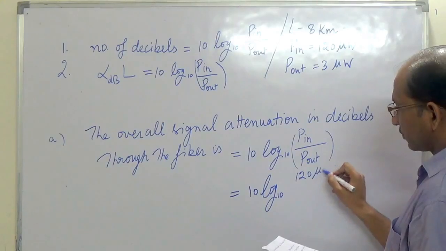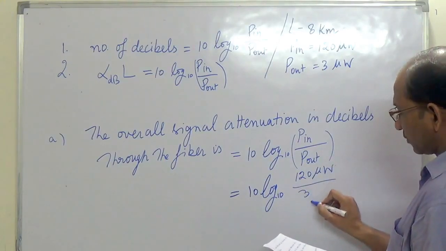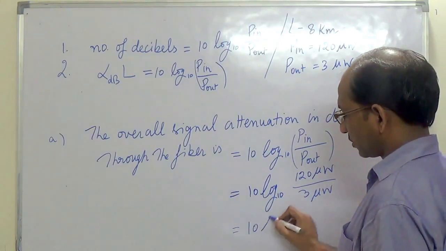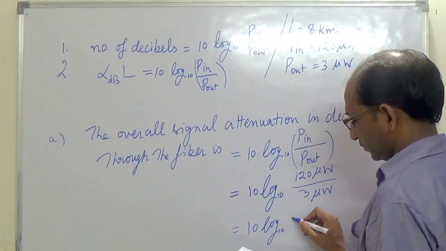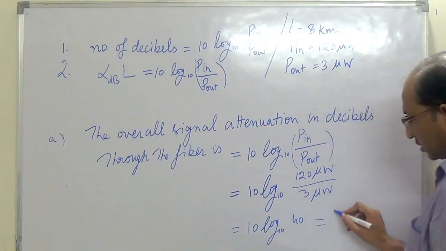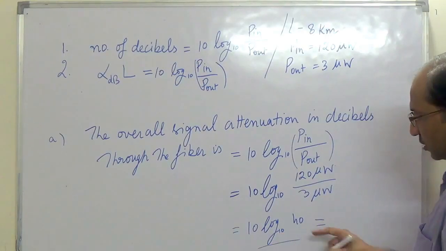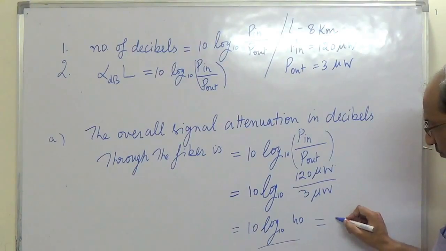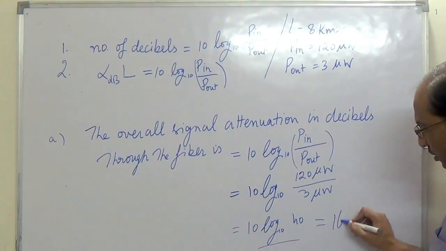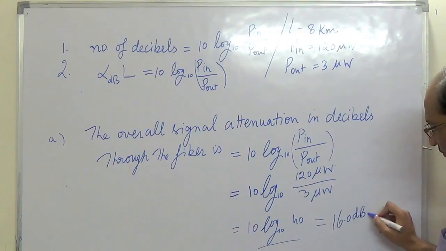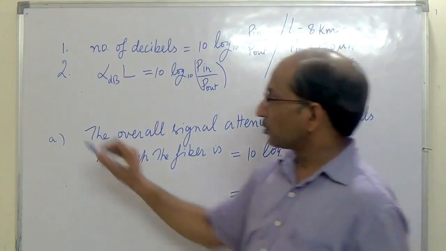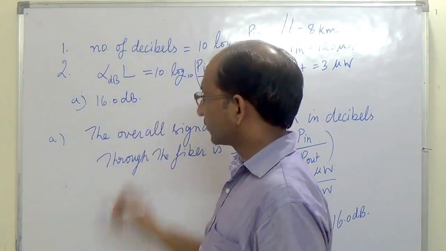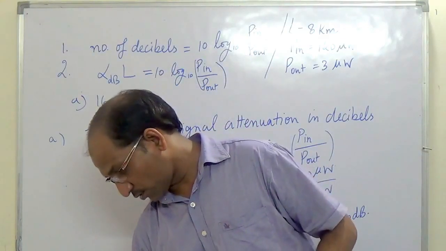120 microwatt upon 3 microwatt, and this is equal to 10 log base 10 of 40, and the result is, when you calculate this log 40 at the base 10 and multiply by 10, 16 decibels. So the answer of the first part is 16 decibels. And in the second part of the question,